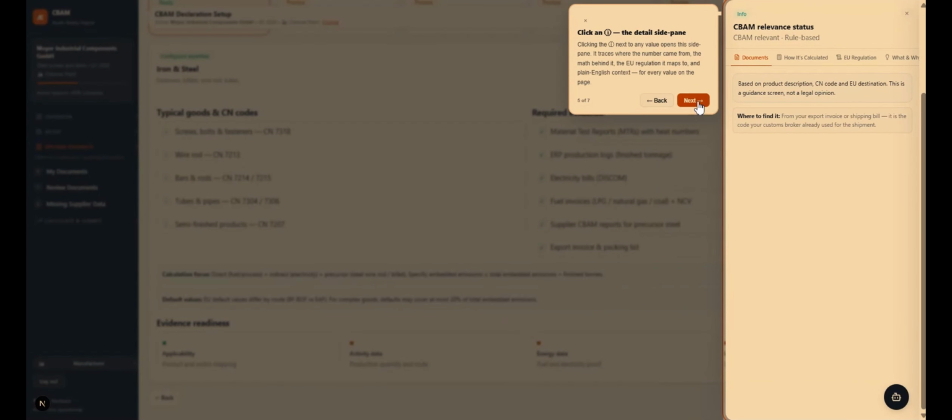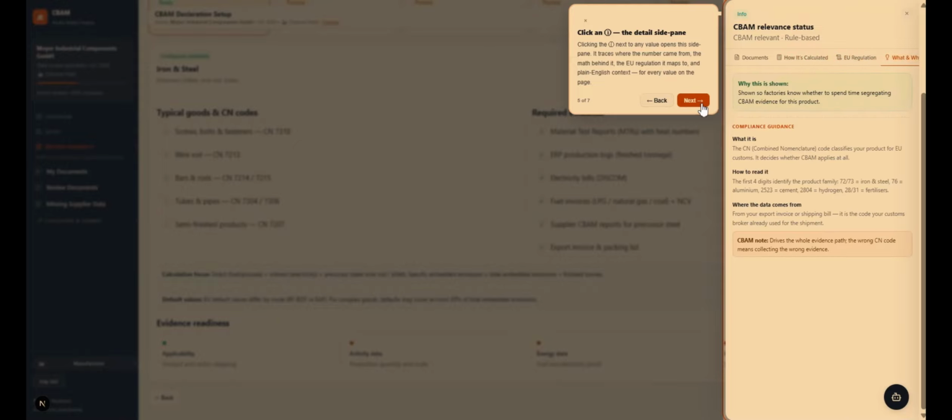Click an eye, the detail side pane. Clicking the eye next to any value opens this side pane. It traces